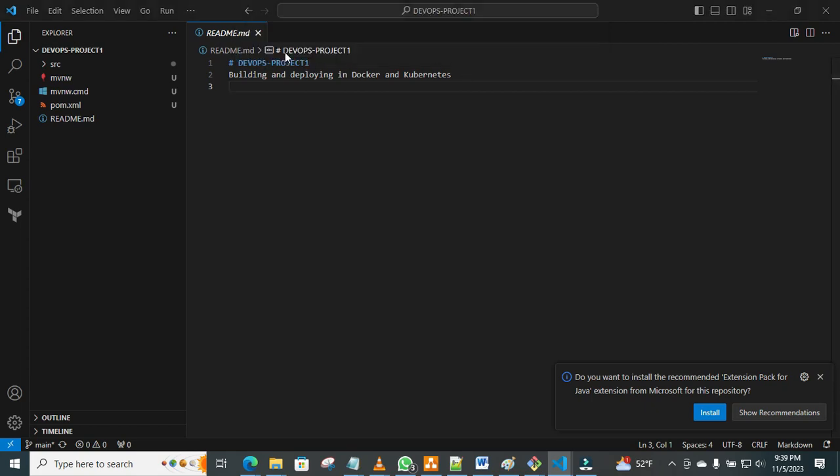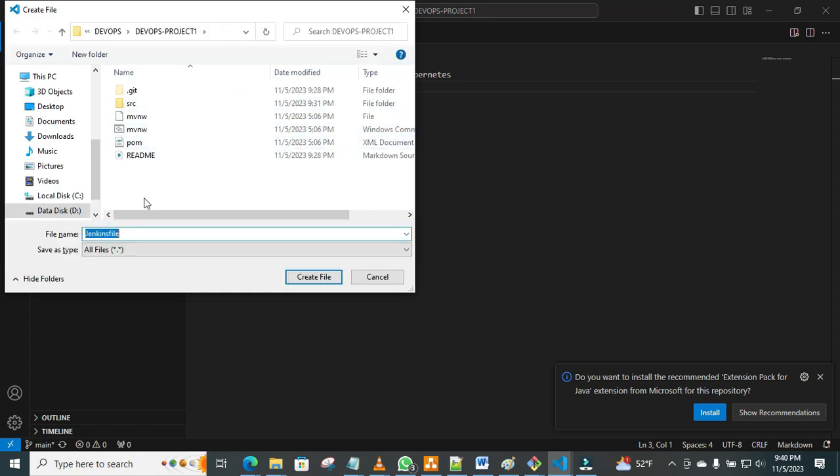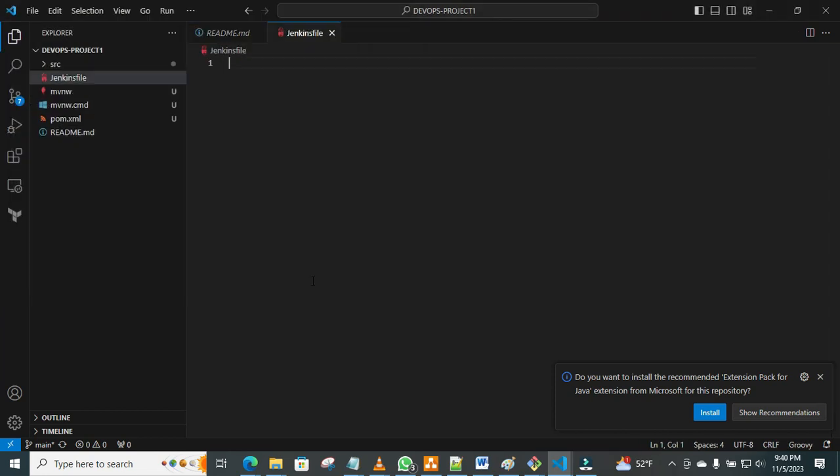You press enter, and that is the file that gets created in that particular directory. Create. So the Jenkins file appears here. This is our main file that we are going to be working on. But before we start working on it,